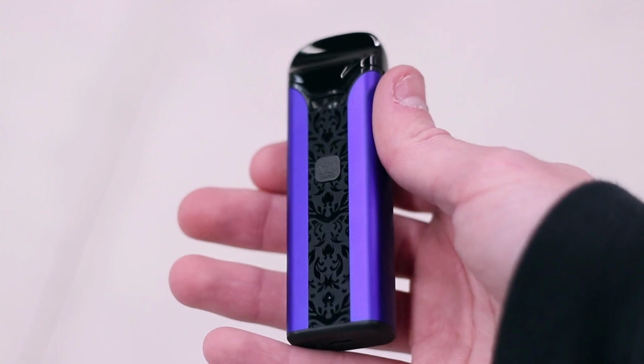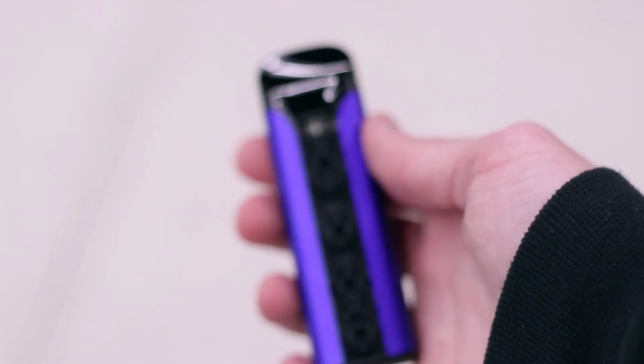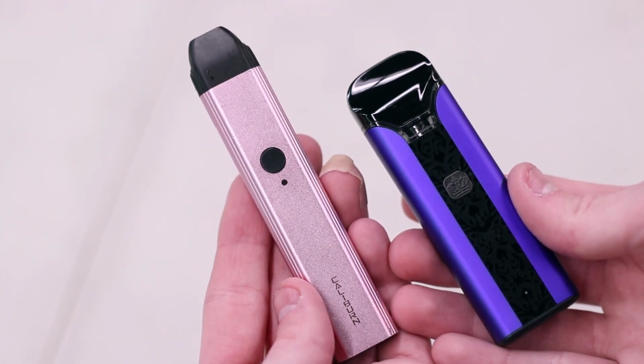They created a really nice contrast between the matte and glossy colors on this device, and it all runs down the center to create a smooth blend. The Crown Pod Kit is only about as tall as the Uwell Caliburn battery, and it actually is only about 1.5 times as thick and wide as it, so it still stays super portable. The best way to describe this kit is if Uwell wanted to make their own version of the Nord. The mouthpiece is very similar and the silhouette also is too,